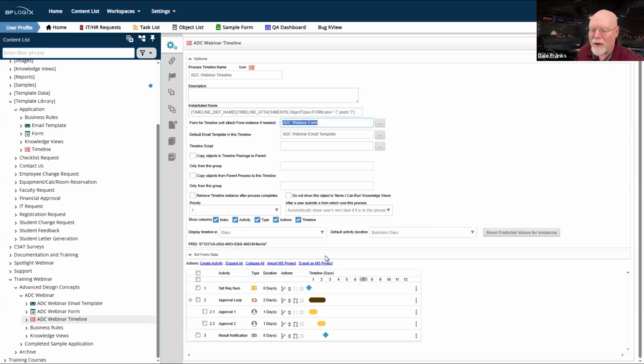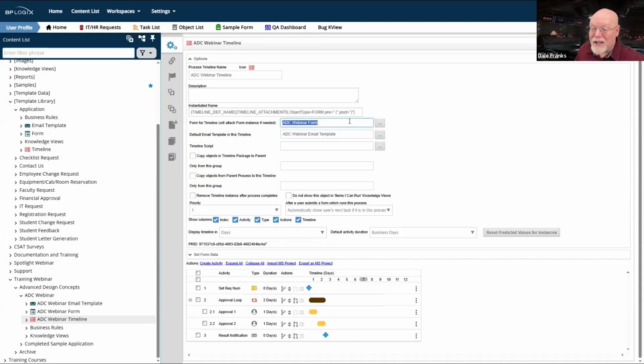Now, obviously, if I'm starting the timeline itself, that's exactly the opposite of the way timelines usually start, which is to say, usually a user opens the form, fills it out, and submits it. If I just kick off the process timeline, nothing has been submitted. So I've got a blank form. And if you're going to do that, then you obviously have to figure out a way to get that initial information included onto that form, the information that the user would normally put into the form before they submit it.